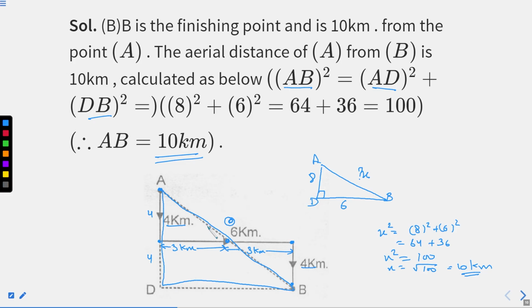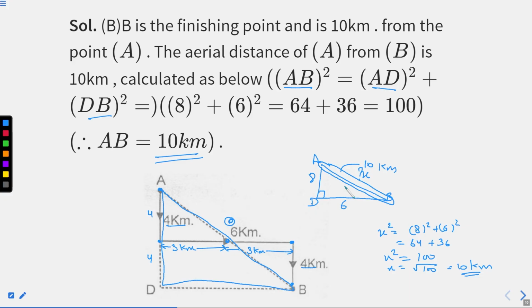I have made this triangle separately just to make you understand what we are supposed to find. We are supposed to find this distance. I hope you are clear. Now this distance is 10 kilometers. I hope this part is very clear to you, right? Now, what is the major difference between the previous two questions and this third question? There we are finding out the directions. Here we are finding out the distance. I hope you are clear with both kinds of questions.